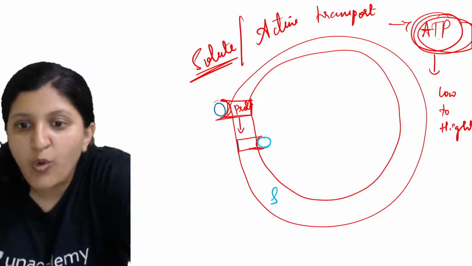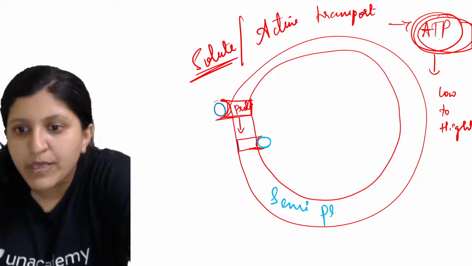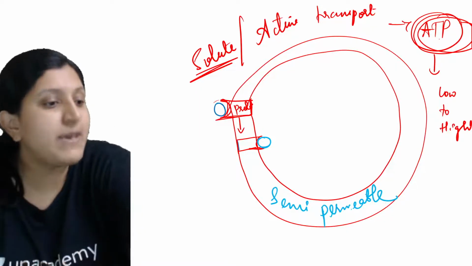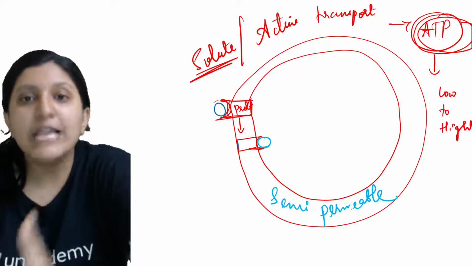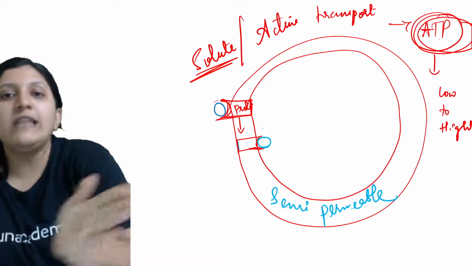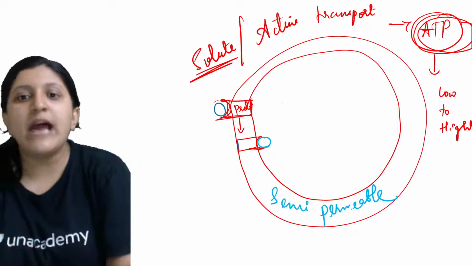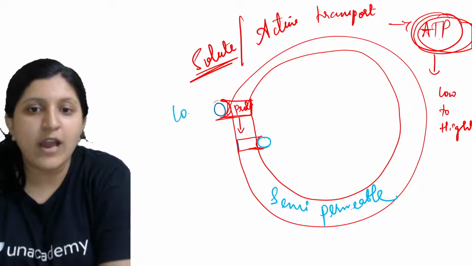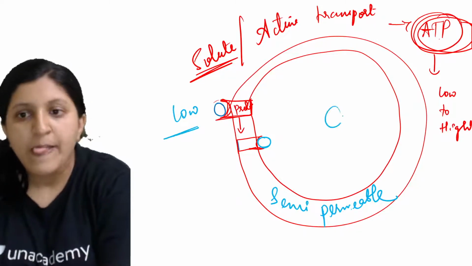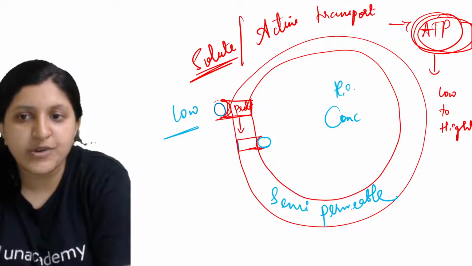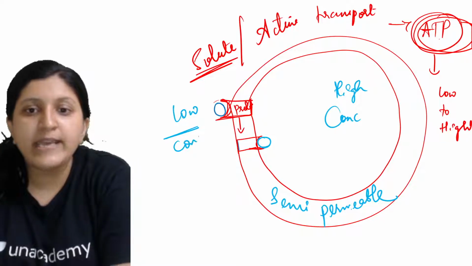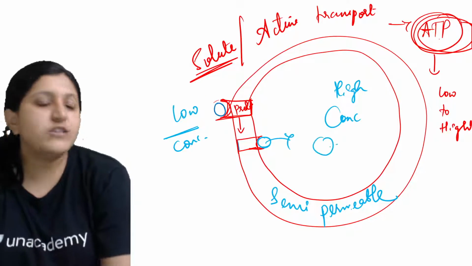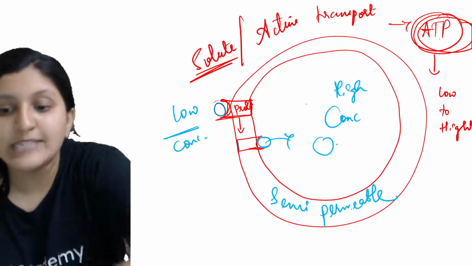This whole thing is a semi-permeable membrane that I have drawn here. Inside the semi-permeable membrane the solute is taken in, as certain proteins allow the movement. The solute which was on the outside, a low concentrated area, and here it was a high concentrated area. But by spending energy we are taking in this solute, so now it is transported inside. That is how you can see the movement.